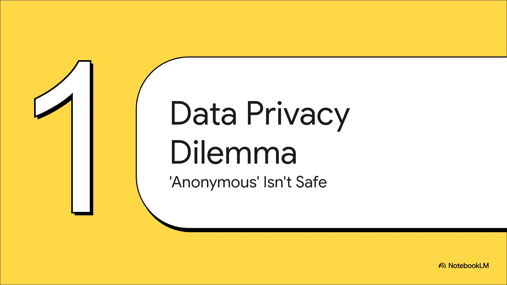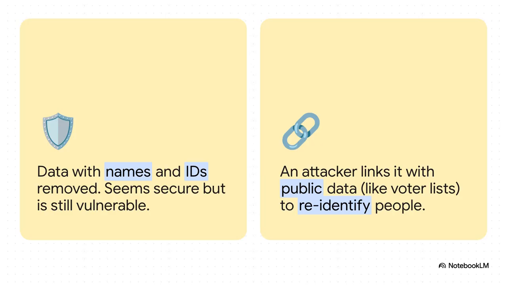So, first off, why is this so hard? I mean, for years, the standard approach was just to anonymize data. You'd take a data set, you'd strip out the names and the social security numbers, and you'd kind of call it a day. But it turns out that's like putting a padlock on a screen door. It just doesn't work. And this is exactly where that old method completely falls apart.